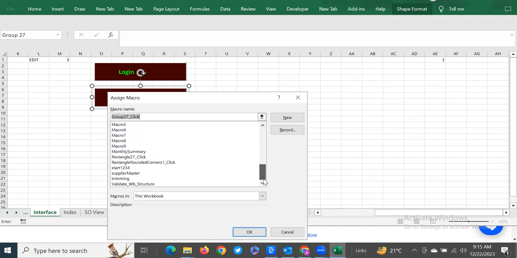We give it a name like set temporary order, or set sales order length, long order, or you can write a long order. What is that? Okay, so let's create a new